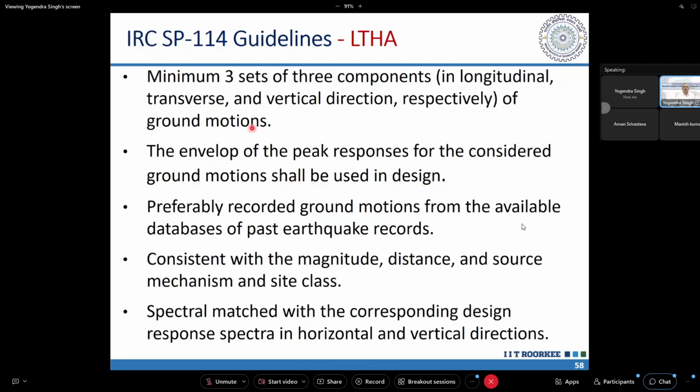Okay, so we will perform analysis for these 3 ground motions, and we will consider the maximum response of these ground motions. And these ground motions should preferably be recorded ground motions from the available database of past earthquake records. Artificial ground motions should be avoided. And these selected ground motions should be consistent with magnitude, distance, and source of the site class. So we have to select in such a way that these criteria